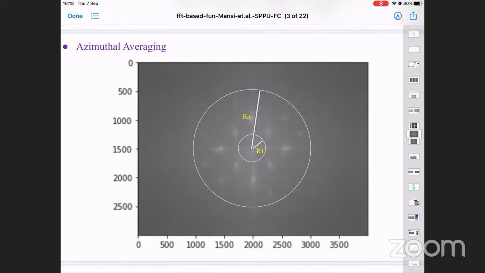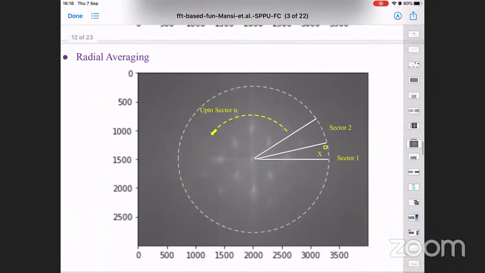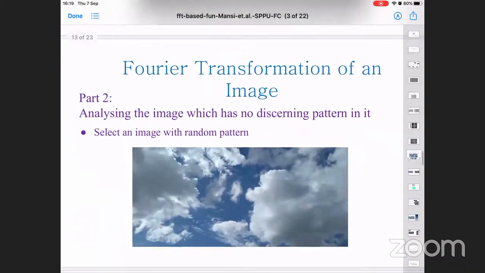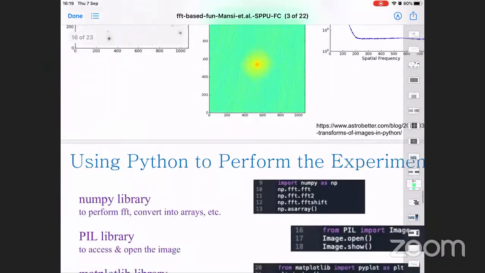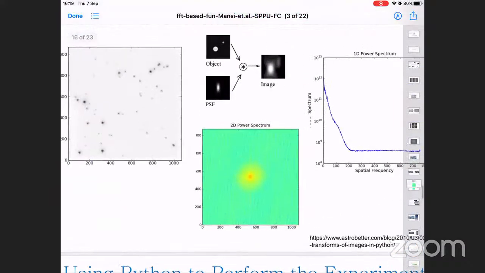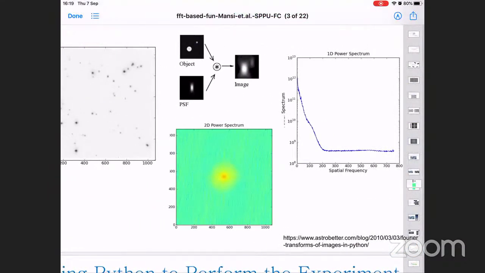You do that for every annulus, and then plot, and then it becomes one-dimensional information, which we will come to later. So what you will get is basically information where spatial frequency and the power will be seen varying in this fashion. Now, based on the context,